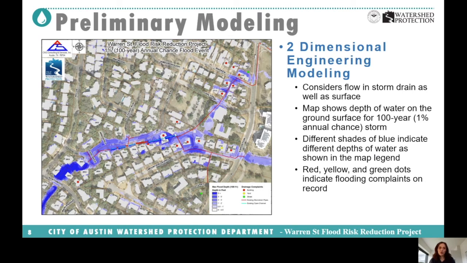And that's very important, because we want to know how the system looks, but at the same time we also want to know how the water is behaving on the surface,